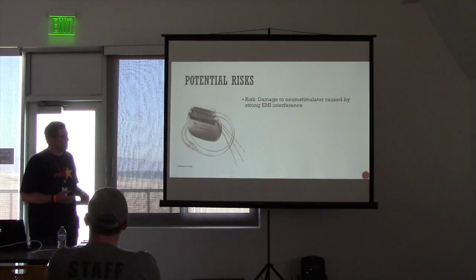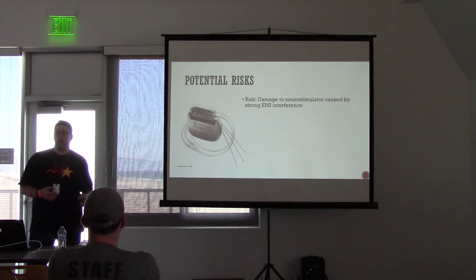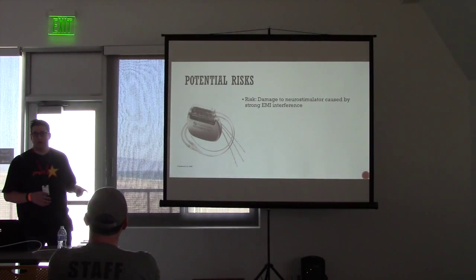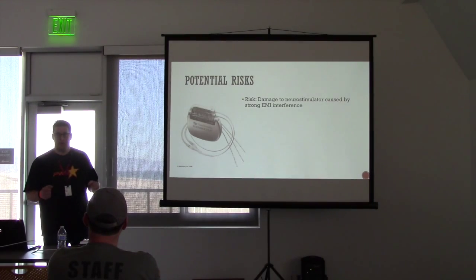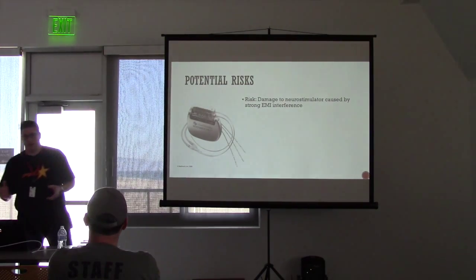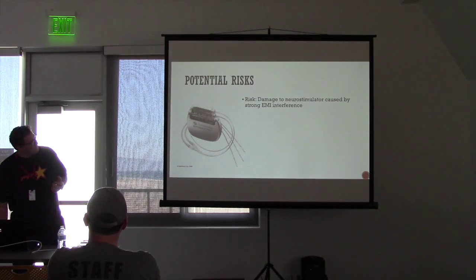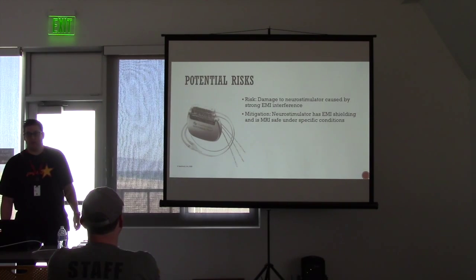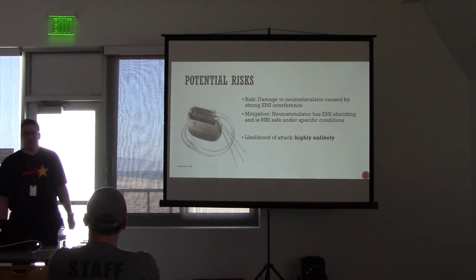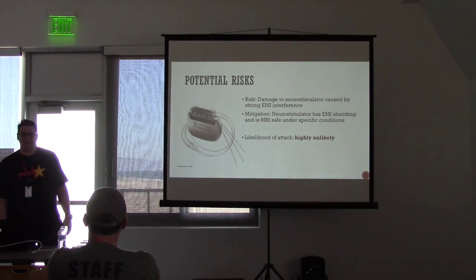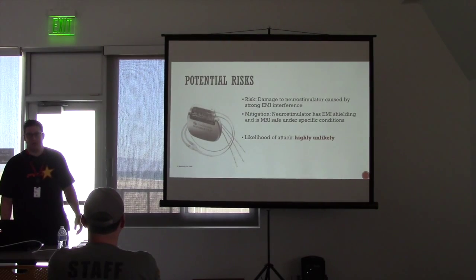And so when looking at devices, I said, all right, well, it's shielded. That means someone trying to cause damage with EMI interference would potentially have a harder time doing that. Now, if someone's walking around pointing a giant EMI gun at people, they're probably going to be noticed. So how exploitable is this? The mitigation really is the EMI shielding on the device. Likelihood of attack is highly unlikely. I think it would be pretty obvious if someone was running around trying to put a device to your back and trigger it. If you see someone with a giant antenna pointing at you, you may want to walk away.